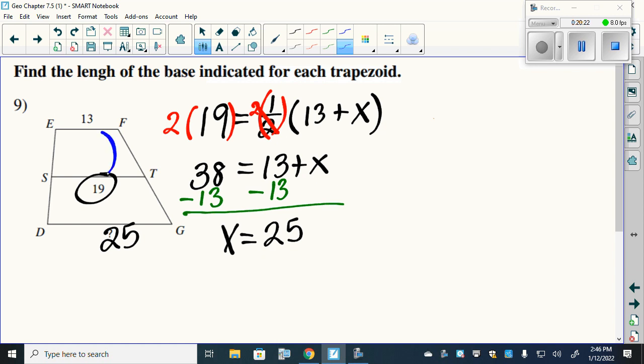What is the difference between 13 and 19? 6. So the difference here would be 6. See, 19 plus 6 is? Now in the equation, the first thing we did was multiply by 2 because we wanted to eliminate this 1/2. The 2 and 1/2 would cancel, but what we do to one side, we have to do to the other. So 2 times 19 would give us our 38 is equal to 13 plus x. So you just find the difference between your top number and your middle number and add that to the